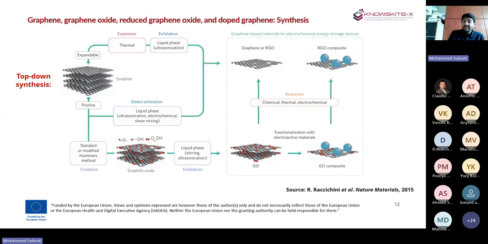You produce graphene oxide, and this graphene oxide you can then thermally, chemically, or electrochemically reduce to produce graphene. Or you can functionalize it with polymers and electroactive materials. In this case, you can dope it, or decorate it with metal oxide particles and then reduce it. The other path, again back to the left, is by expanding graphite. You intercalate it with sulfuric acid or nitric acid, and then you pyrolyze it. This is how you expand the graphite. And then the rest is liquid phase exfoliation in organic solvents.